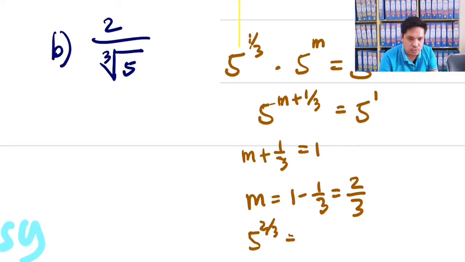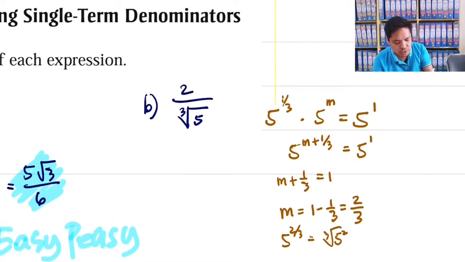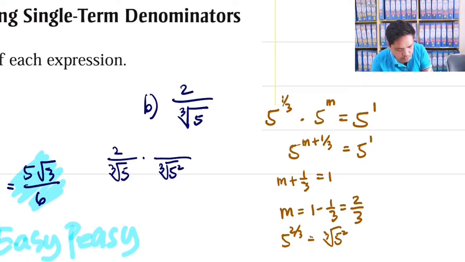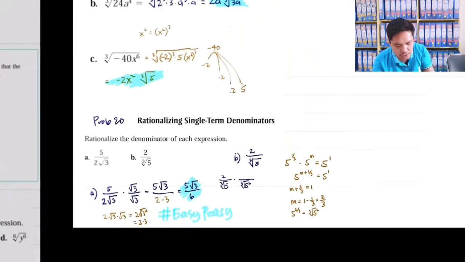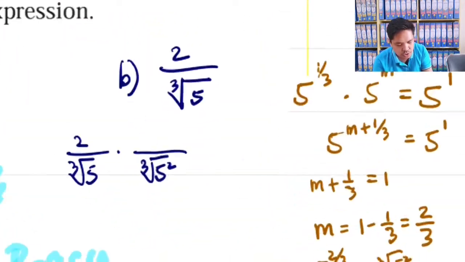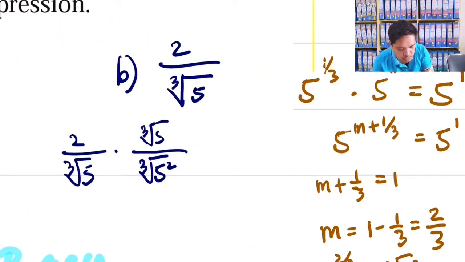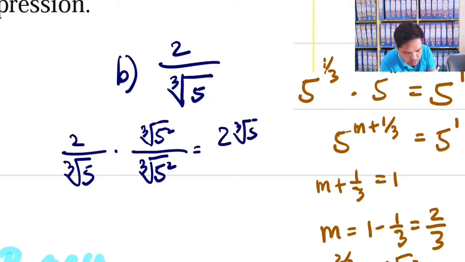And what is 5 raised to 2/3? That is the cube root of 5 squared, right? So we need to multiply the denominator, the cube root of 5, by the cube root of 5 squared. Of course, to essentially multiply by 1, like our first solution, the numerator should also be the cube root of 5 squared. Okay? So the answer now is 2 cube root of 5 squared over,